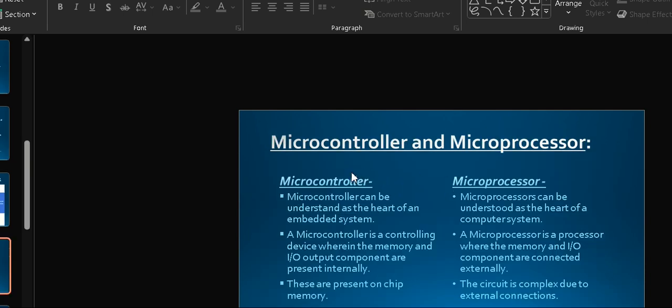Now we're gonna discuss the difference between a microcontroller and a microprocessor. A microcontroller can be understood as the heart of the embedded system. A microcontroller is a controlling device wherein the memory and the I/O components are present internally, on the chip. And a microprocessor can be understood as the heart of the computer system. A microprocessor is a processor where the memory and the I/O are connected externally. The circuit is complex due to external connections. So basically a microcontroller is